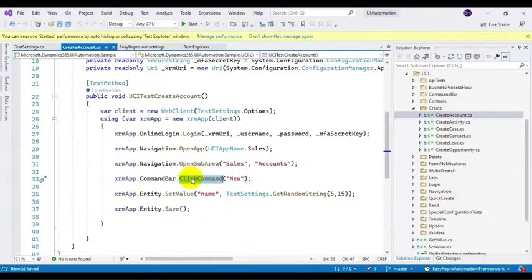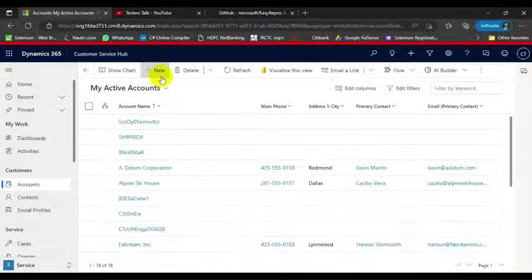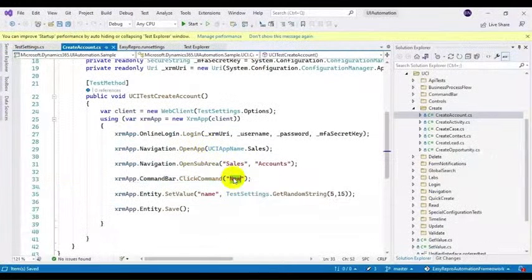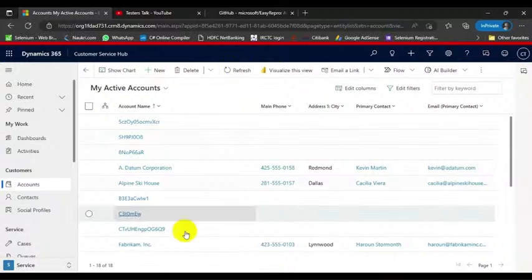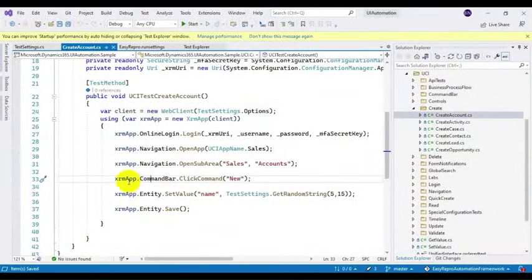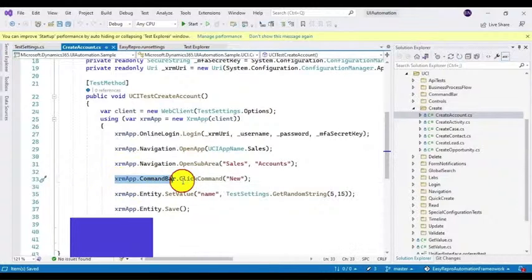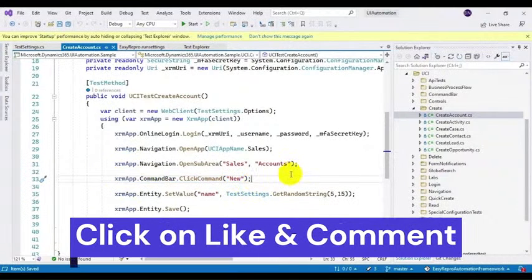So click is a method. Whatever the link text or visible text you provide here, it will simply click on that particular button. In our case, it is clicking on this particular new button. If you want to click on delete, simply you mention here delete, pass the value as delete, and it will click on the delete button. And similarly, if you want to refresh this page, you can pass refresh as a text in this particular command, that is xrm app.command bar.click command. And at the end,